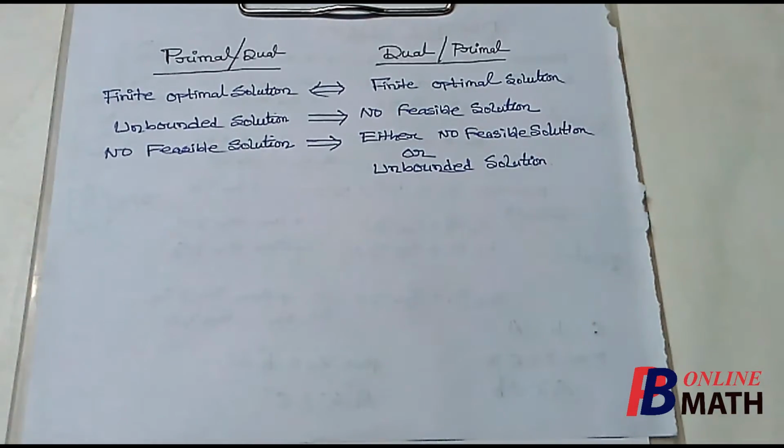So it is easy to solve the LPP by using the usual simplex method rather than the big M method or the two-phase method. So if a problem is given where the constraints are greater or equal to type, and by using duality theory we can convert this problem to a problem having only less or equal to type of constraints, then we do not need to add any artificial variables. That means we do not need to use the big M method or the two-phase method. So that is the usefulness of duality theory.